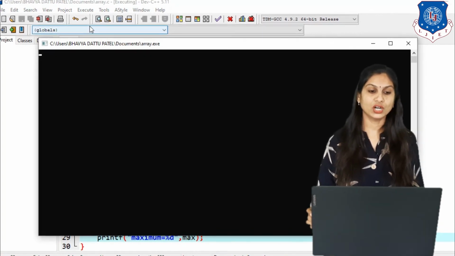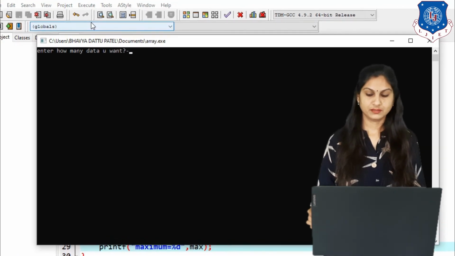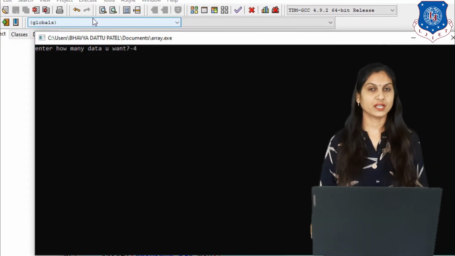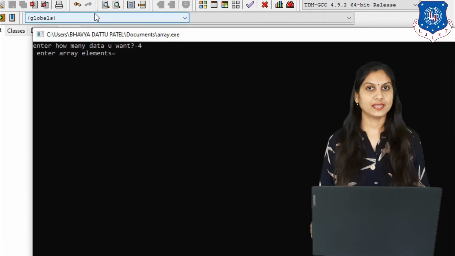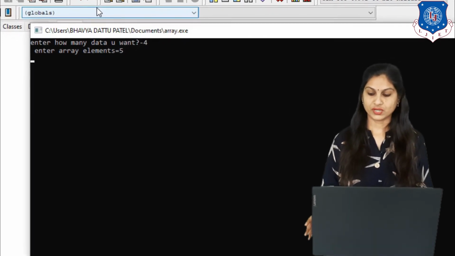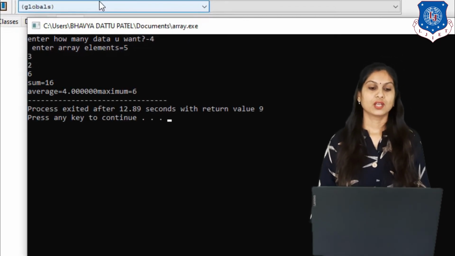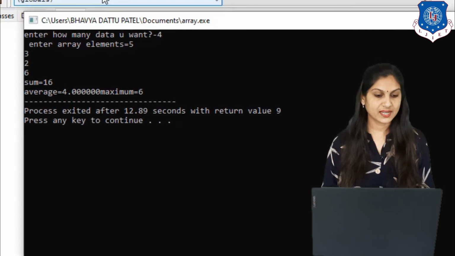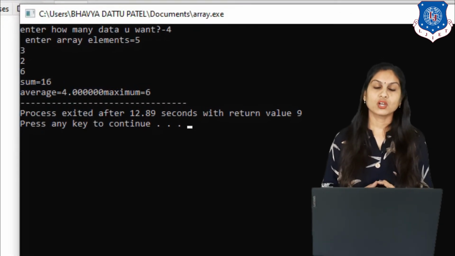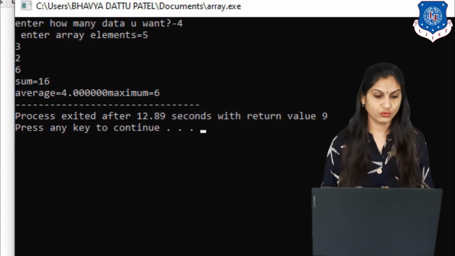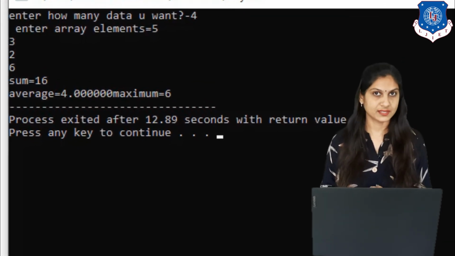How many data do you want? Just for example, I have taken 4 and entered array elements, suppose 5, 3, 2 and 6. So the sum equals 16, the average equals 4 because 16 divided by 4 is 4, and the maximum value is 6. Clear?